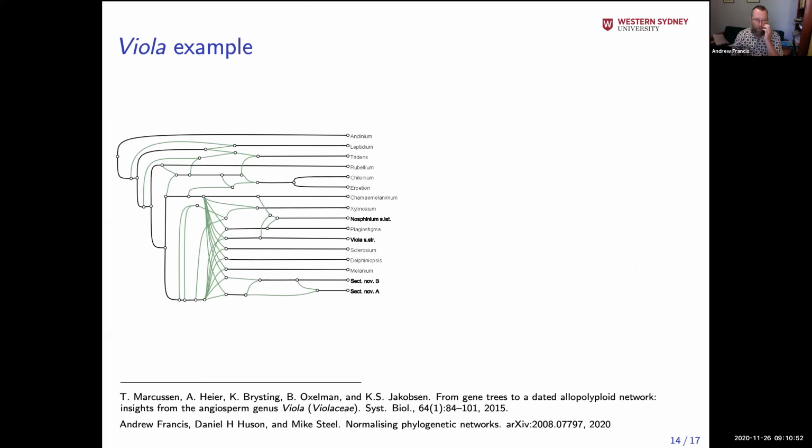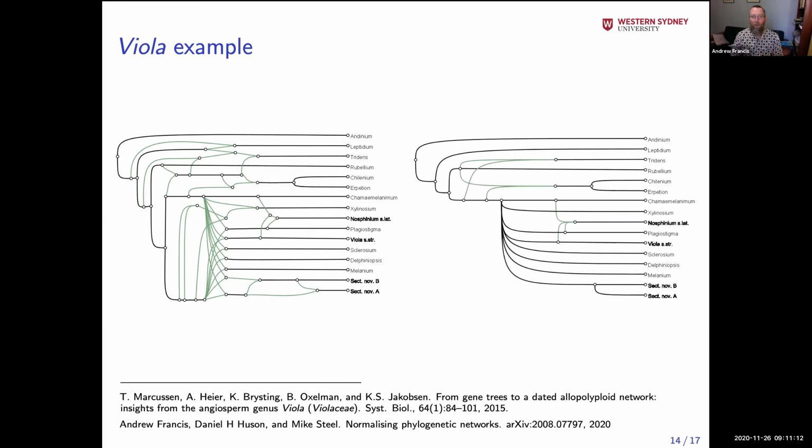So here's an example that we grabbed from the literature. This is from violets, flowers, not as cute as dogs, but not bad. This is a paper from Cisbio 5 years ago or so. That's the relationship among the genus Viola. And then you can construct its normalization, which is significantly simpler. Simplicity, of course, is not necessarily the goal, but this network, I believe, was constructed using a lot of fossil records and other information. So it's not simply the genetic information at the leaves.